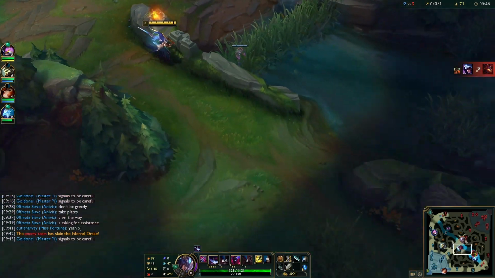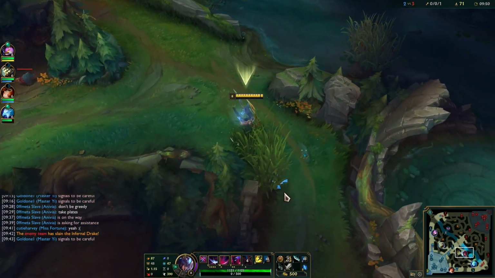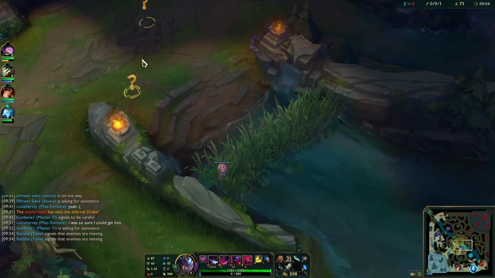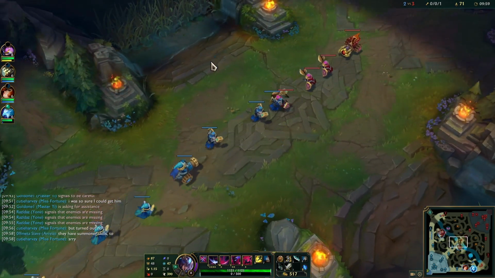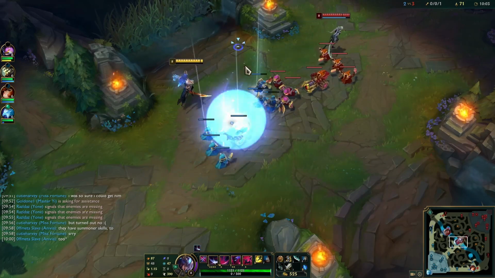And I've done it once, and I don't know if it's true. You can tell me in the comments below. You can actually cancel or ignore Camille's ultimate with your E if you time it correctly. I think I've done it before. It was really in the midst of battle, I couldn't really tell, so tell me in the comments below